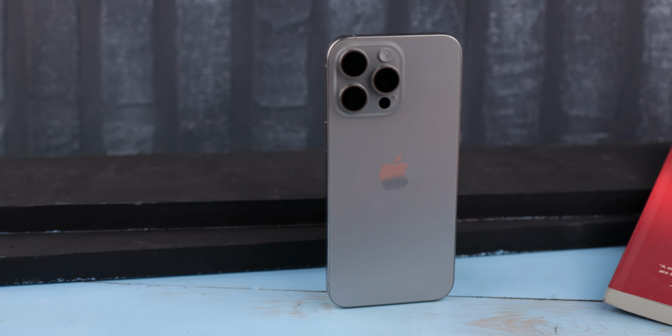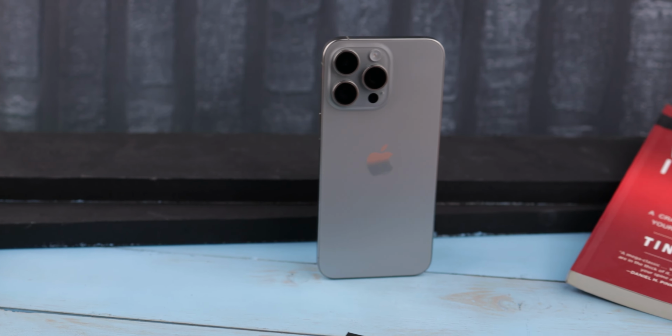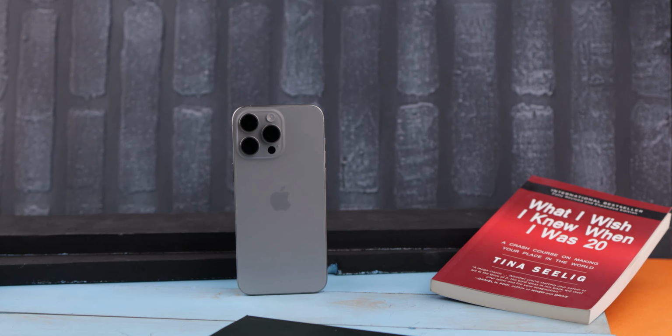This is the same iconic sentence Apple said in every iPhone announcement every year. And it's kind of true. You can't make a new iPhone that is worse than the last iPhone. And this is, I think, no doubt, the best iPhone ever made. There are some problems, but Apple fixed them, and now we can easily say that this is the best iPhone